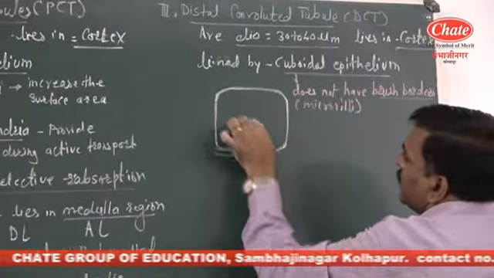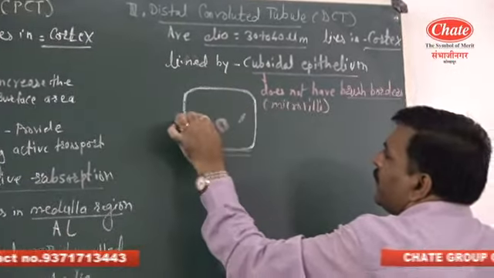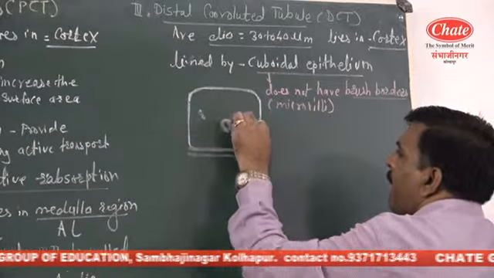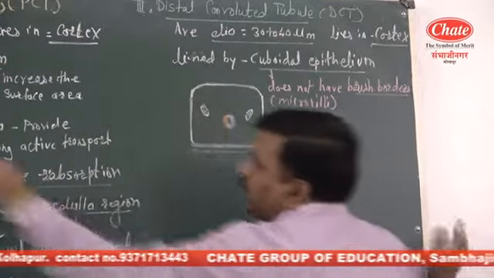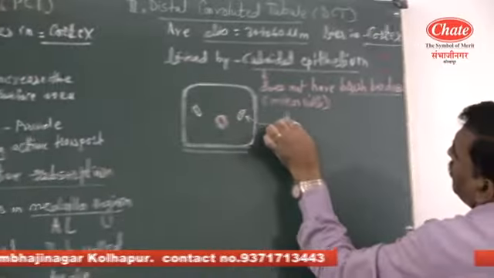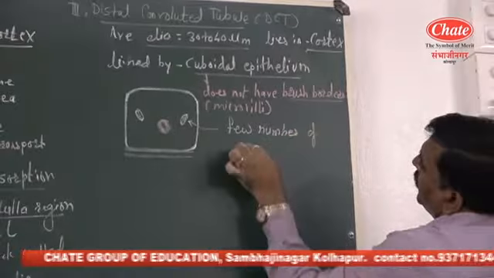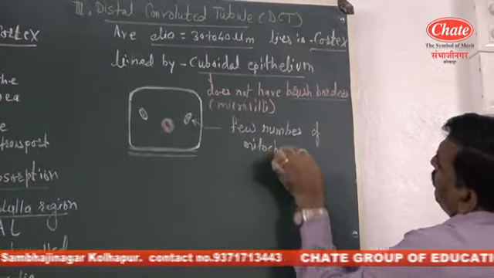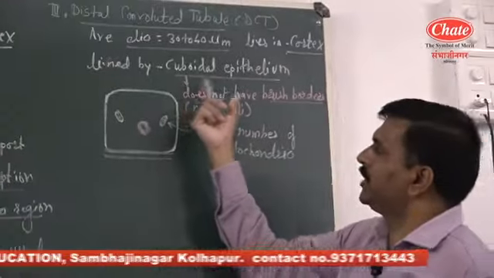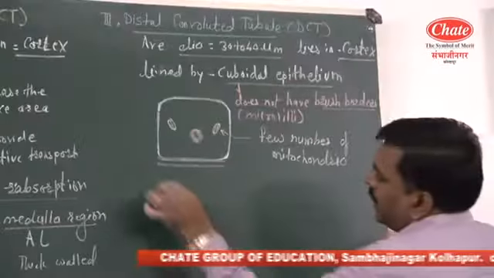Centrally placed nucleus. Second peculiarity, there is presence of a few mitochondria. Compared to the cuboidal epithelium of the PCT, where there is a large number of mitochondria, here there are few mitochondria. So here is the difference between the cuboidal epithelium of DCT and the cuboidal epithelium of PCT, and it is involved